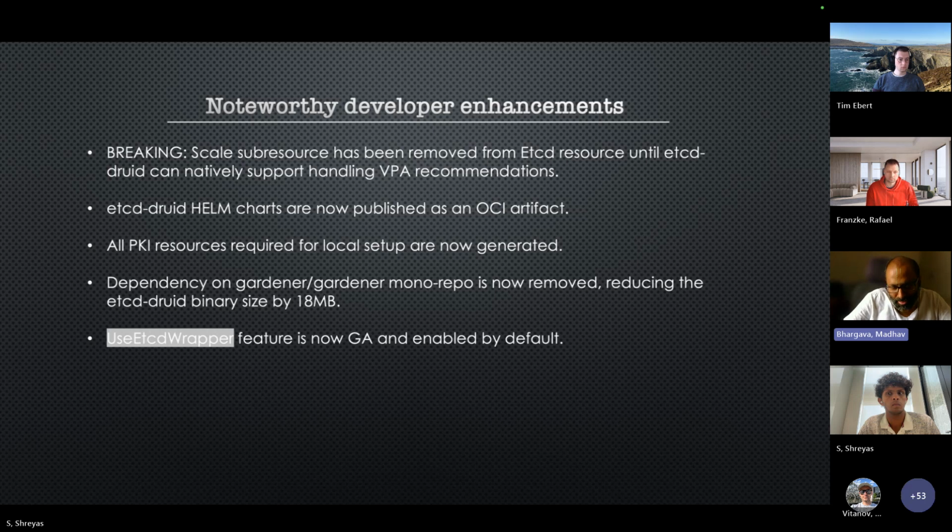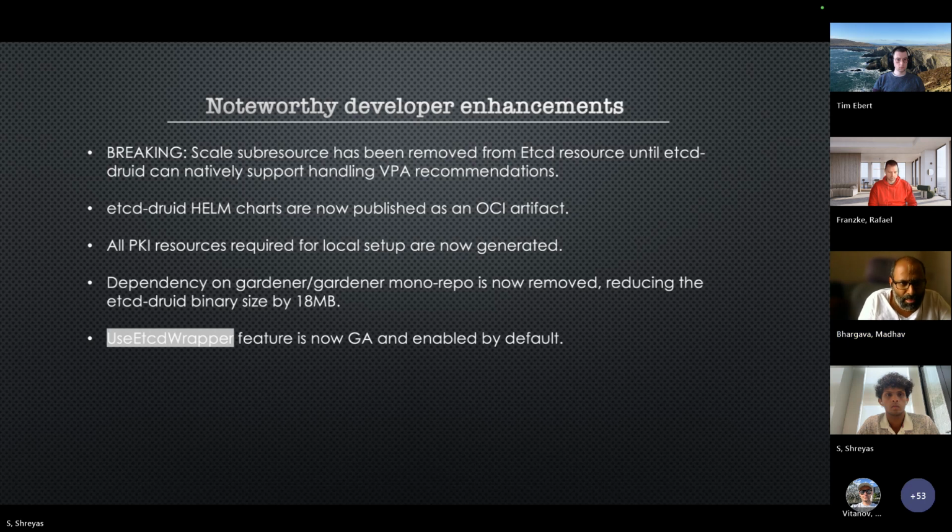So for Gardener use cases, what used to happen before was there was an explicit step in the hack scripts to regenerate the CRD and then explicitly remove the scale sub resource. Since we now propose to do it directly via the API, we will remove the scale sub resource, and at a later point of time, when we are directly consuming these VPA recommendations to control how they are applied,